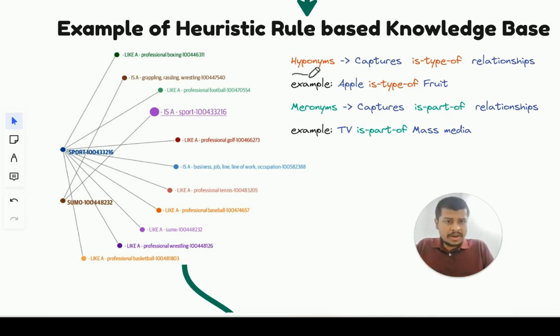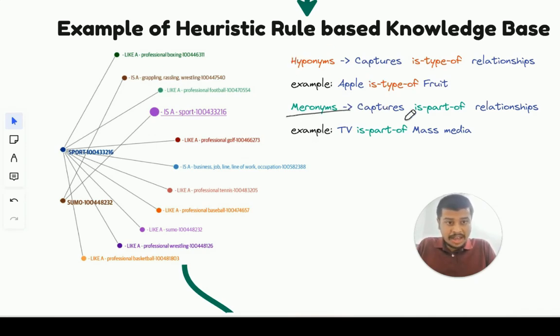Fine. So now we'll see the different relationships. I'm just giving you two examples of types of relationships, but there are different, varied sets of relationships. If you go in depth into linguistic studies, you'll understand there are several different types of relationships between the words themselves. So here we have hyponyms. Hyponyms capture this type of relationship: apple is a type of fruit. Apple could be one word and fruit another word, and the relation between these two words is a hyponym.